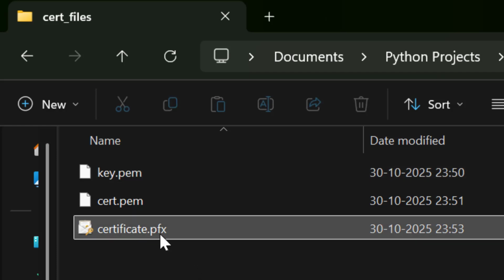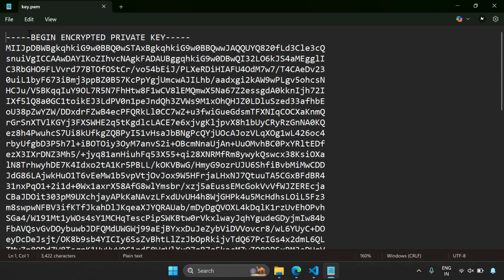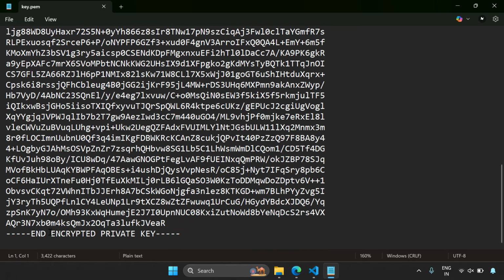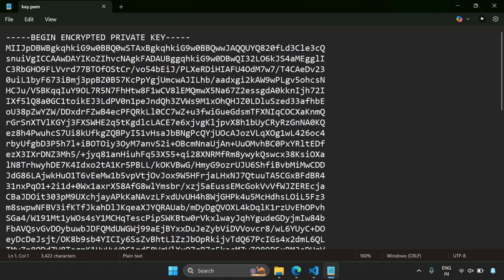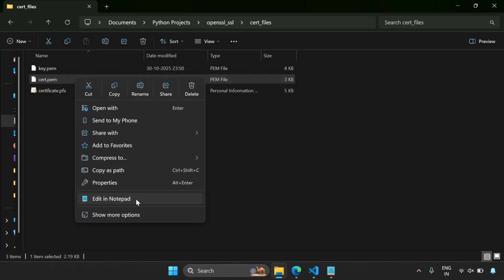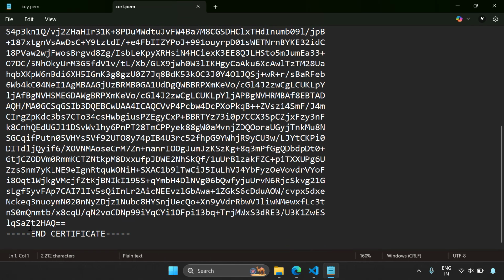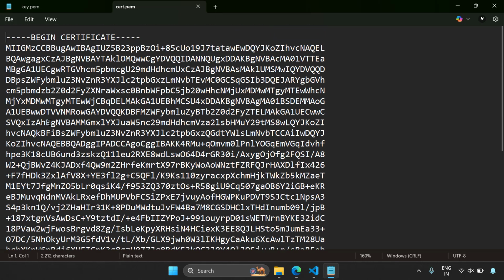So let's see how the key.pem file looks. I'm going to right click and edit in Notepad. So you have a section, begin encrypted private key and end encrypted private key, and this section contains the whole private key. Now let's see what is there in the cert.pem file. Edit in Notepad. Here you have the begin certificate section which ends as end certificate, and the whole section contains